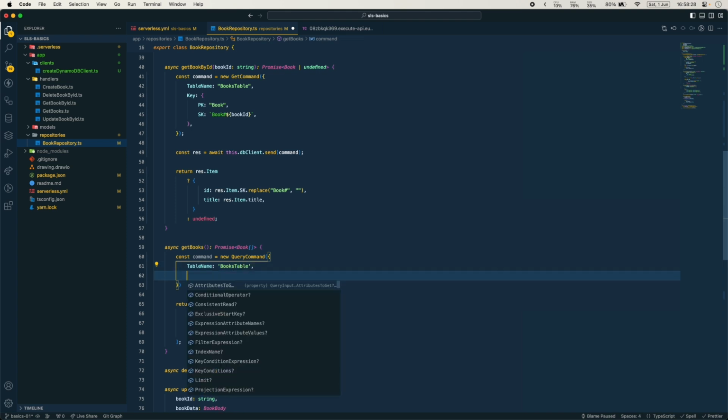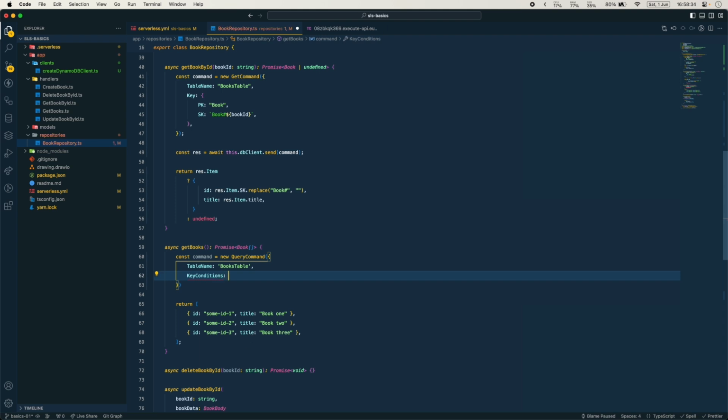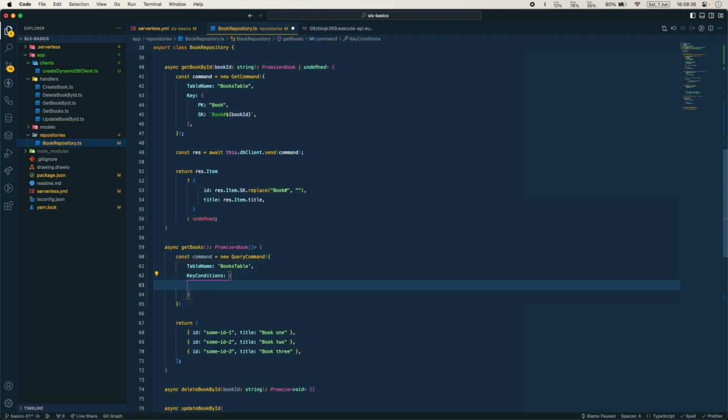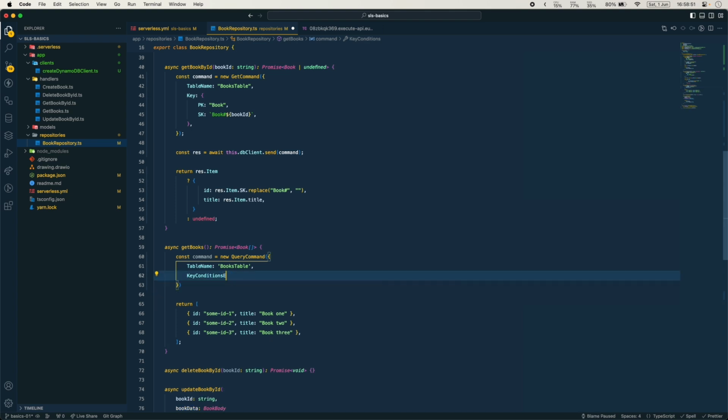And we provided some key condition. So how do these key conditions look? So this is a bit of key condition expressions. And this is a bit of DynamoDB type syntax to help search for things. So we want to search where the pk value is equal to some placeholder pk that we will define with